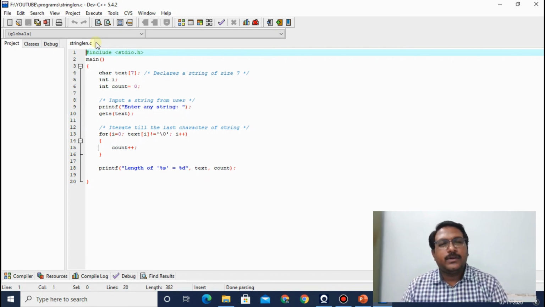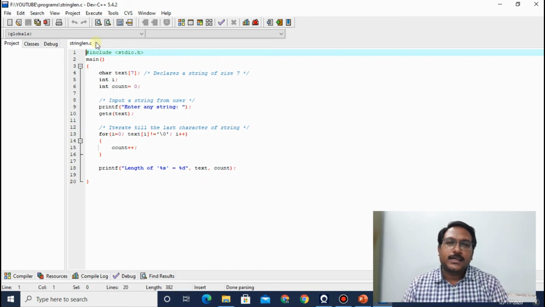Then only it will be considered as a string. Otherwise, it will be considered as a character array, and every individual element will be considered as an independent element. If we have the null character at the end, the character array will be considered as a string. That means all the elements will be combined and form a word.